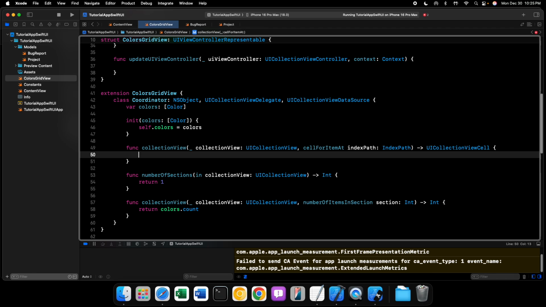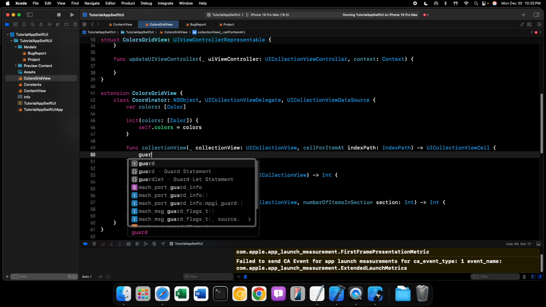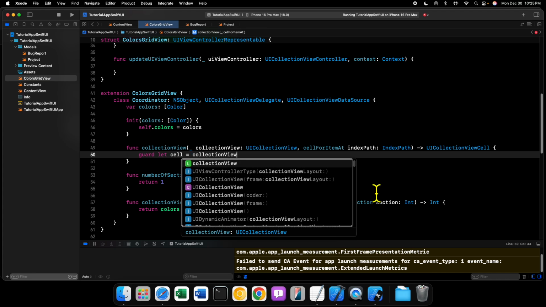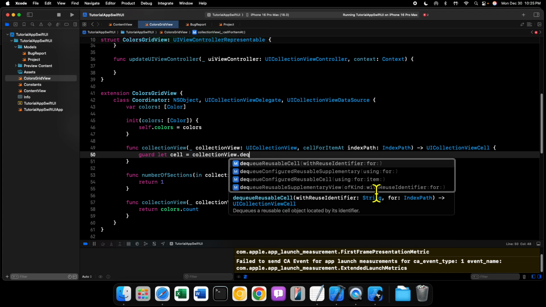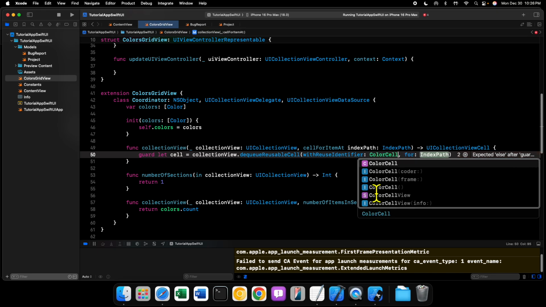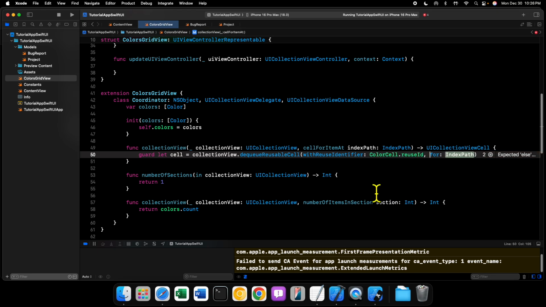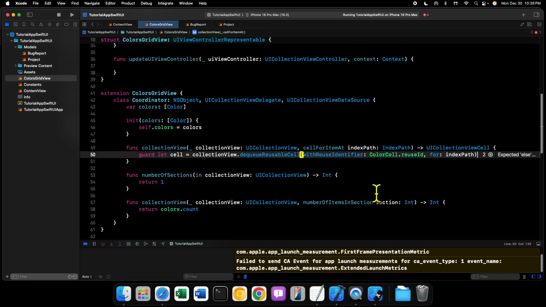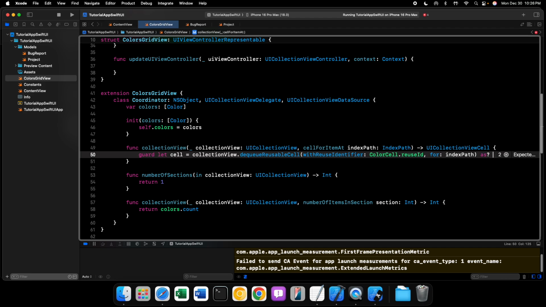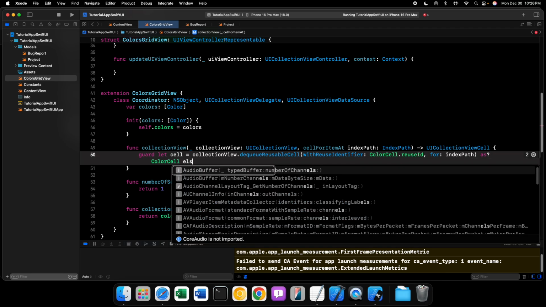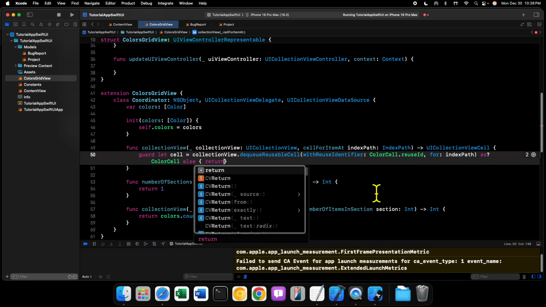So we can do that by saying guard let cell equals collectionView.dequeueReusableCell with reuse identifier of ColorCell.reuseID for indexPath as ColorCell, else we simply want to return